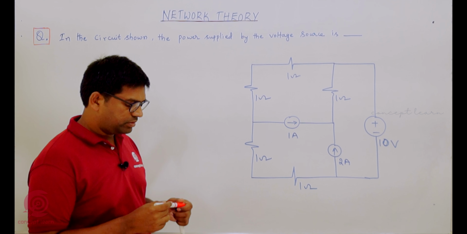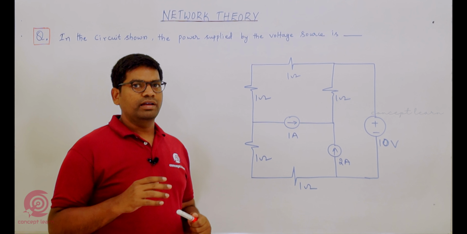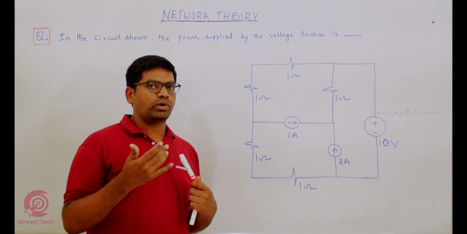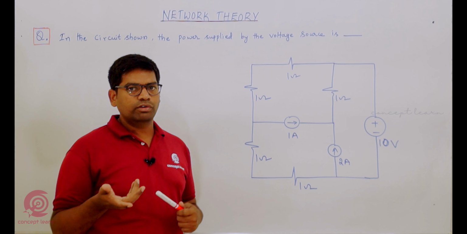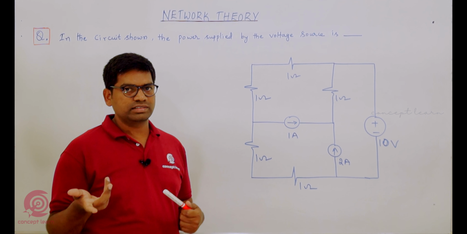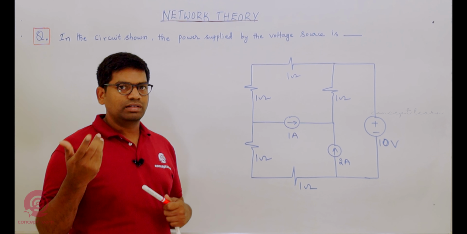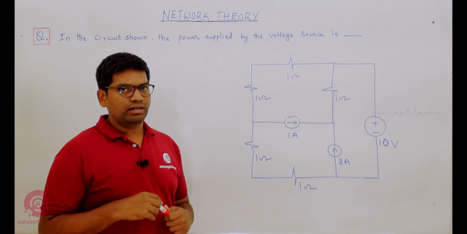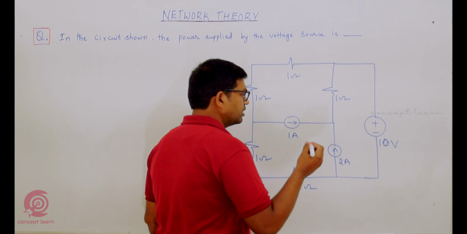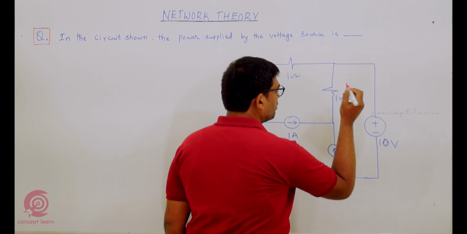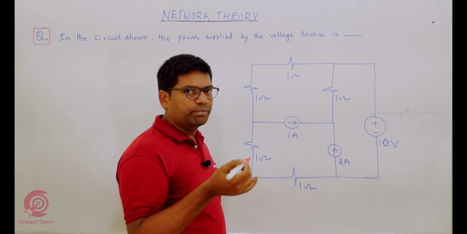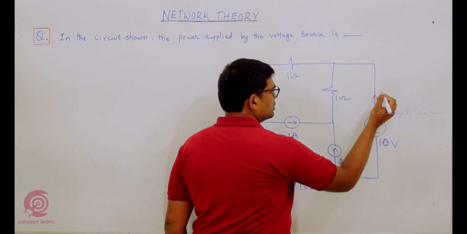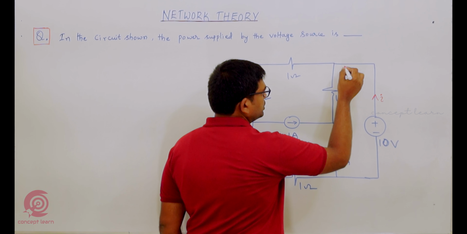So it is a voltage source. First I am assuming some current here, so that I'll have directions of the current in each and every branch. Then if I'm able to find the current through the voltage source, we can easily find the voltage multiplied by the current, so that we get the power delivered by the source. I'm assuming some current I here. Power supplied is what we want, so I'm considering current coming out of this source, so I is entering at this position.